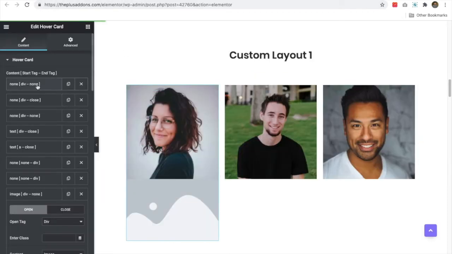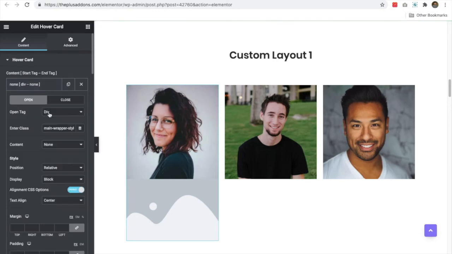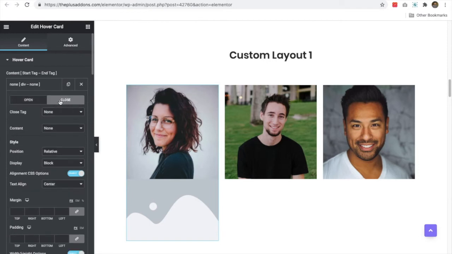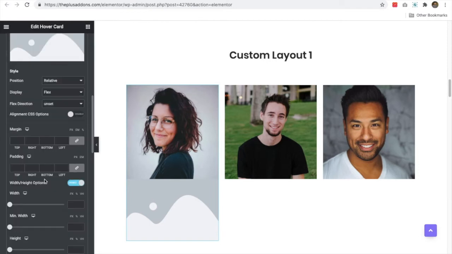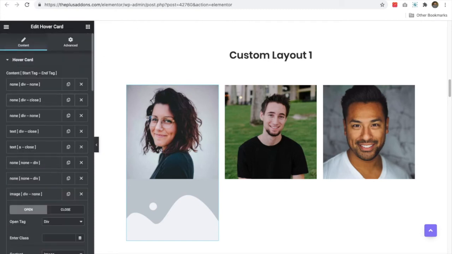We will start the div, we will end the div, sometimes we will keep this div open by selecting div and none. So everything will be based on these options we have already shown you, and this widget might take some time to understand if you are non-technical or have less knowledge of HTML and CSS.